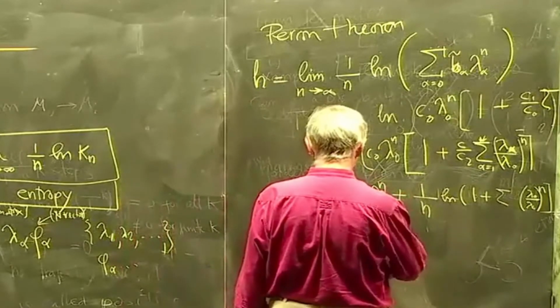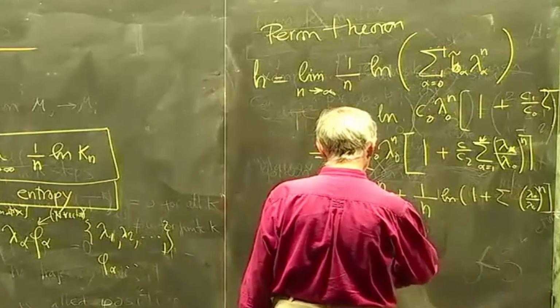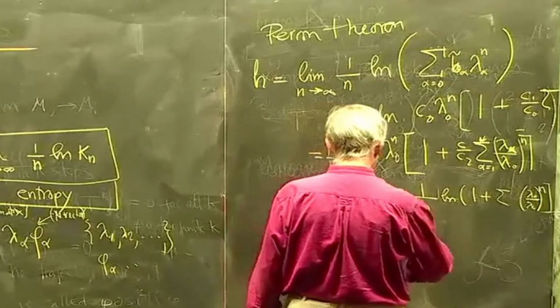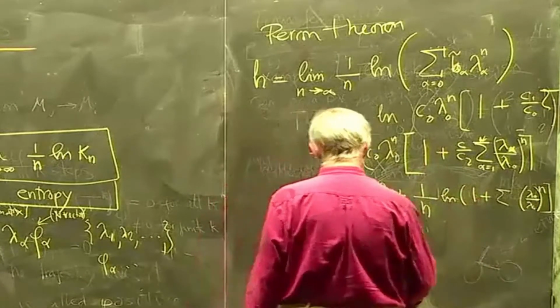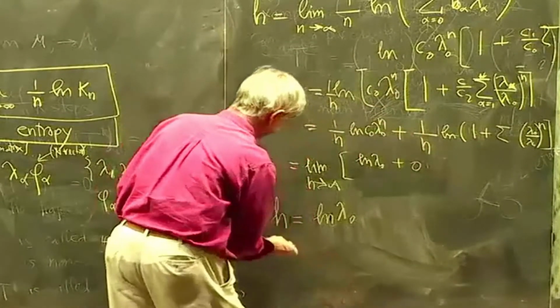So from here we only pick up the logarithm of lambda 0, the leading eigenvalue of the transition matrix, to the nth power divided by n, which cancels, plus 0. And we get an explicit formula for topological entropy, which says that topological entropy is simply the